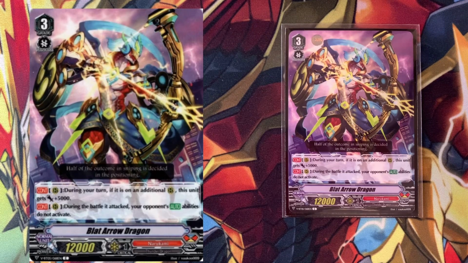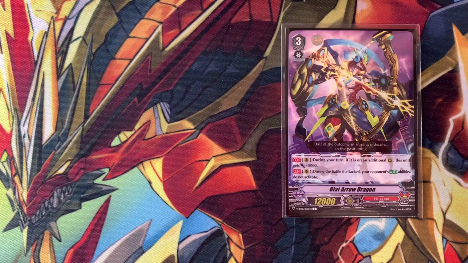And then its second skill, continuous on rearguard circle. During the battle of attack, your opponent's auto abilities do not activate. So, like I said before, you can be drive checking quite a bit with Dragonic Kaiser, the Blood. Essentially, if you get 4 off, you hit 2 triggers there, 2 fronts, a crit, whatever the case may be, you can put it on him, and the Blood is like PG bait, so